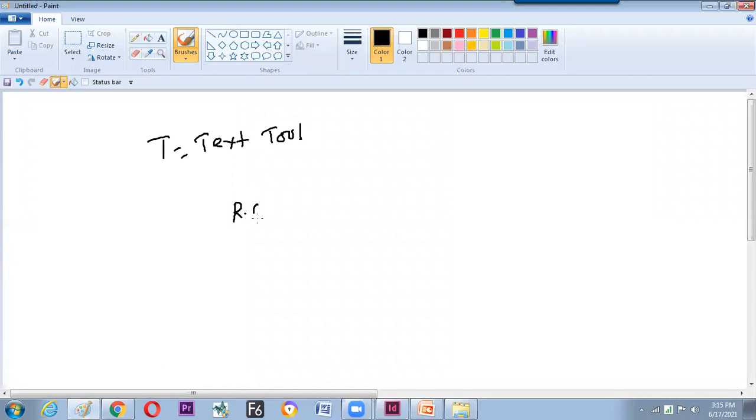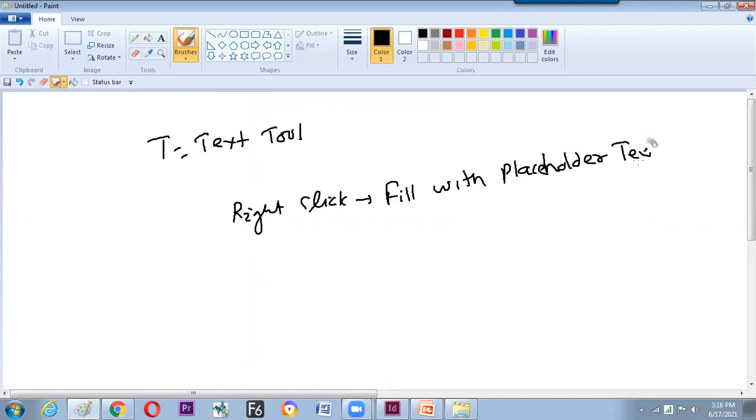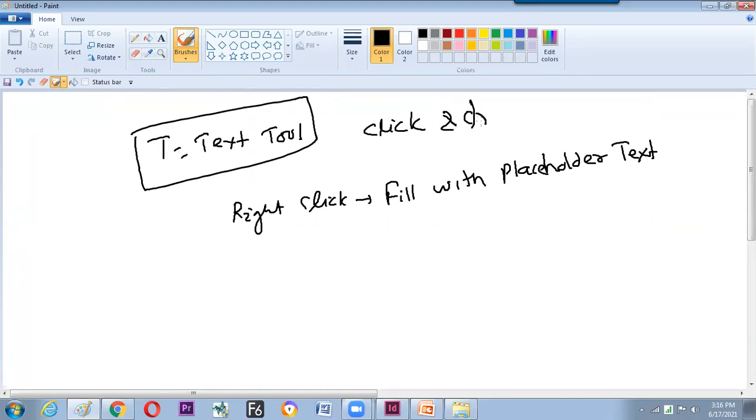Right click, and switch to the option called fill with placeholder text. This is the tool. And what is the method? Click and drag. This is the method. Then after, go for type.